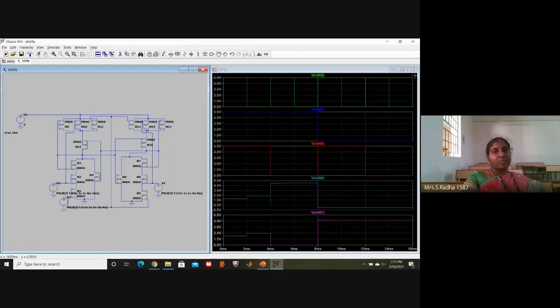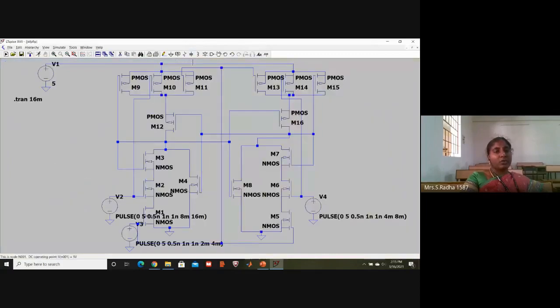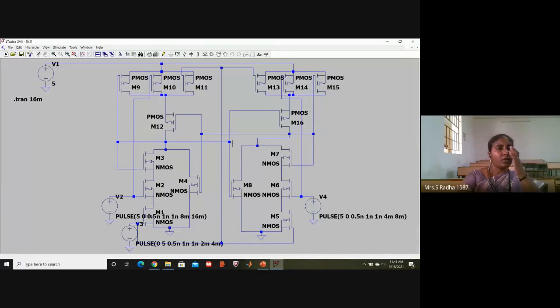Okay. So the circuit is working. What I want to tell you here, the circuit is working. Now how to create the symbol? I am going to create a symbol for this entire thing, which we have checked just now. And now I am going to create a symbol for the JK flip-flop in LTSpice.